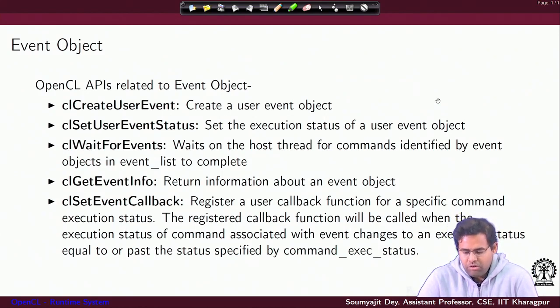This registered callback function will be called when the execution status of the command associated with the event changes to some specific execution status equal to or past the status that is specified by command exec status.